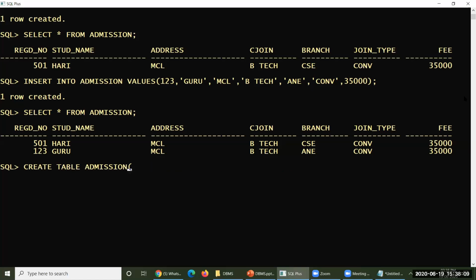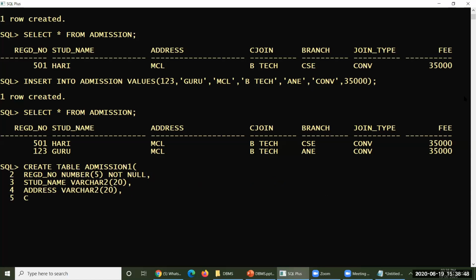So create table admissions1. Followed by, just wait. So register number, student name, then address, varchar2 of 20.